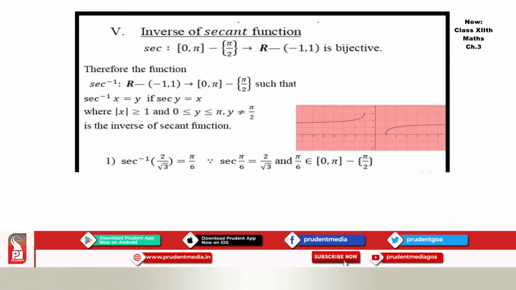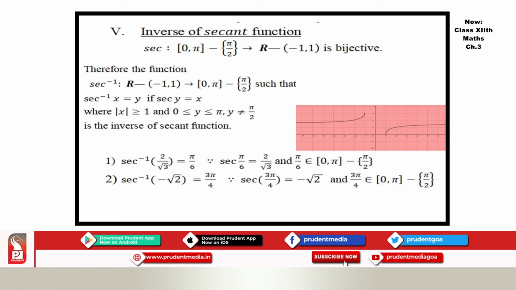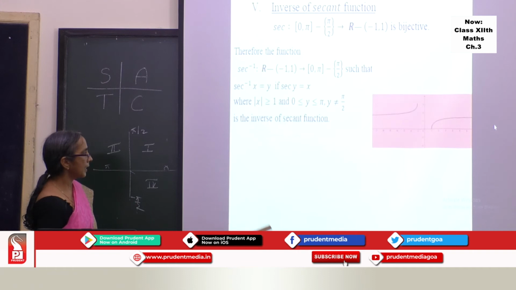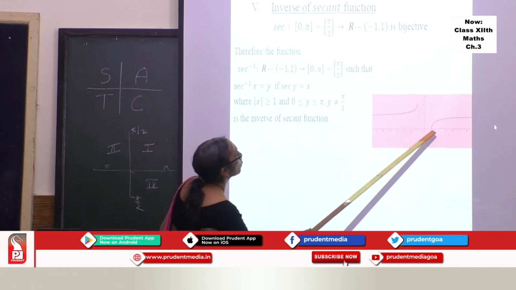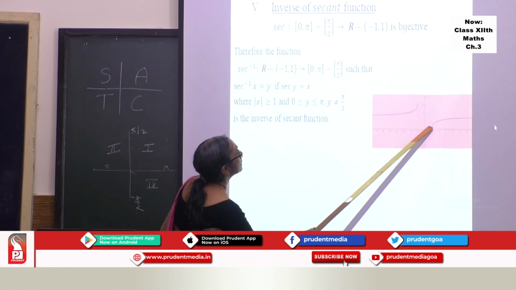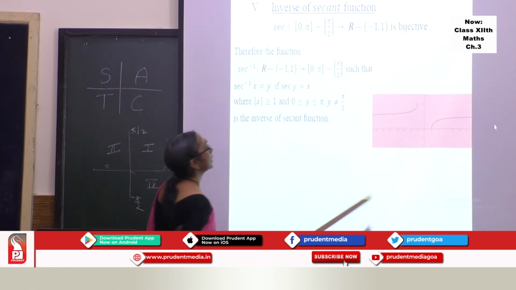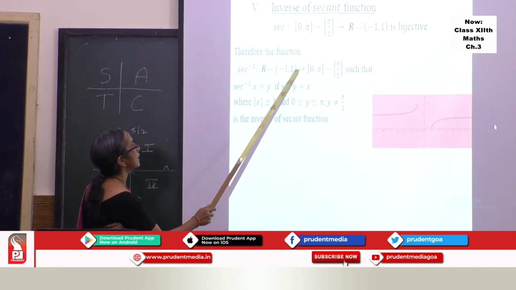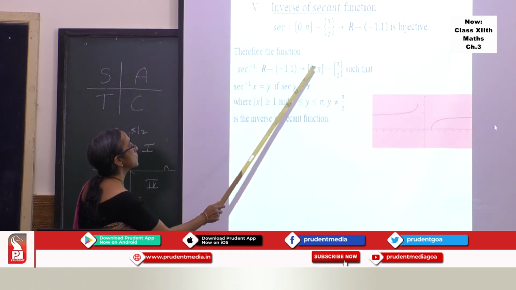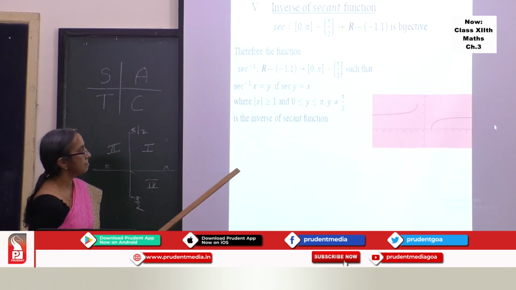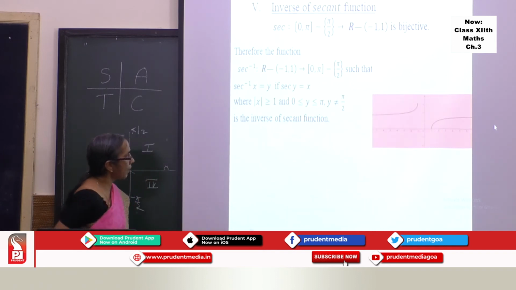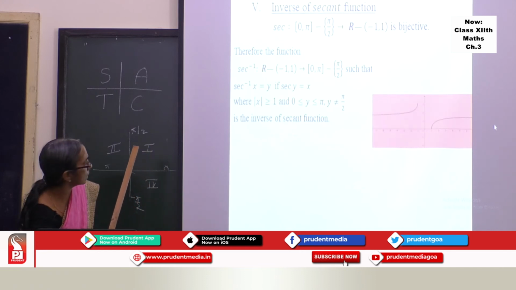Let us see what is the graph of the secant function. This is the graph of the secant function. You cannot see values between minus 1 and plus 1, and you can see sec inverse of 1 is 0. Similarly, sec inverse of minus 1 is pi. So that is the graph of the secant function, and like cos inverse,